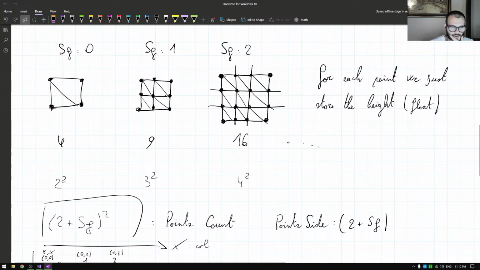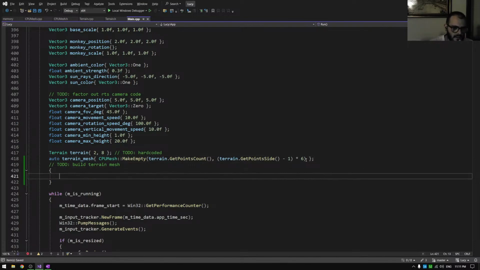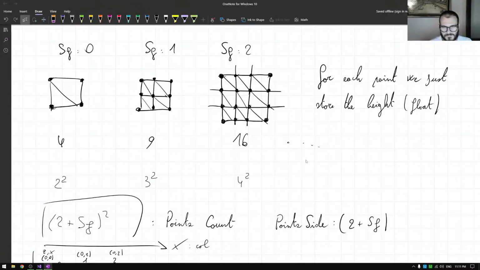How do we get the number of quads? The number of quads is just the terrain get points side minus 1, times 6. Then, because with